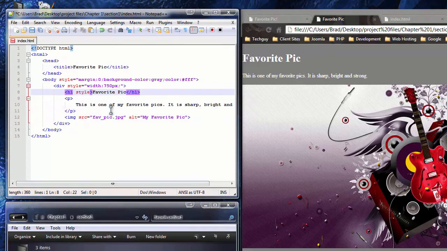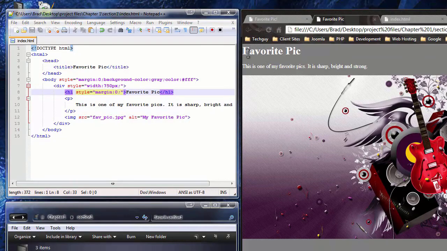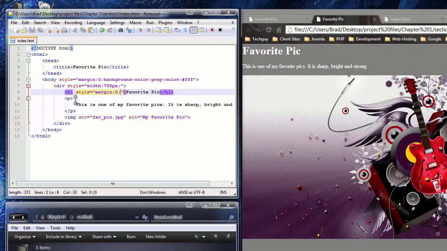We want to add style to the H1 tag, and we want to zero out the margin just like we did to the body. I'll reload, and you'll see now there's no top space. And I do want to add a padding. Actually, I'll do the background color first. So the background color of